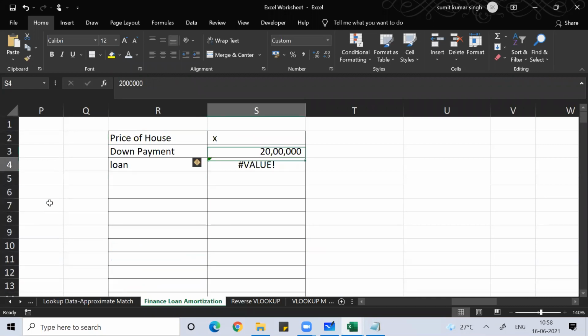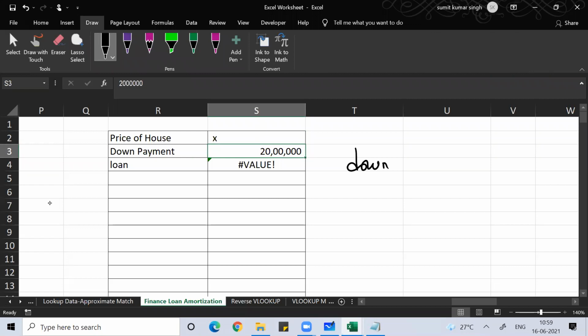So suppose I went to the bank and said I have 20 lakh rupees with me, so I can give a down payment of 20 lakh rupees.